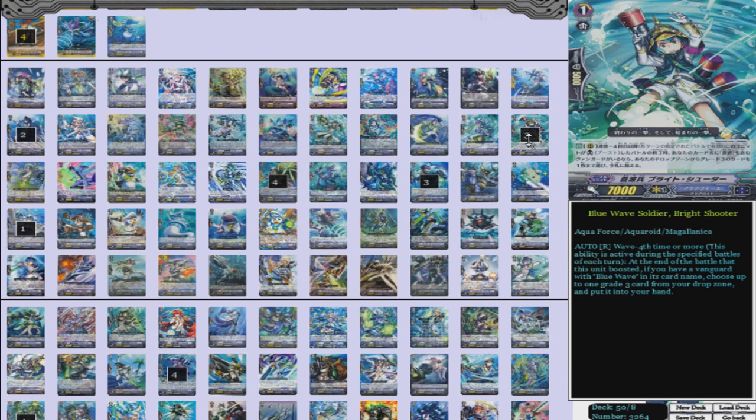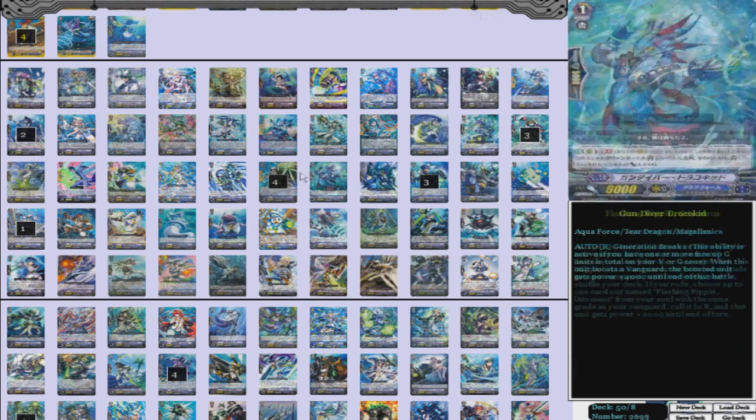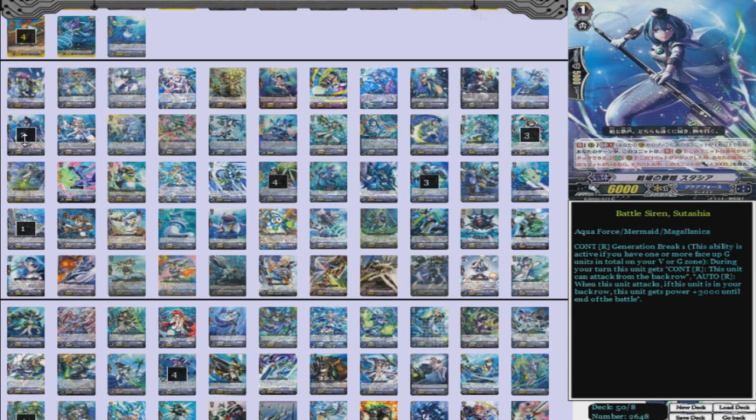And then we have 2 Battle Siren Stacia. So she's really nice. Okay, so you only need 2 of her. She's 6k. I've explained her before. Running more than that kind of hurts. She only works really behind the Blue Wave guy, the Blue Wave grade 2, because the Blue Wave grade 2 can give himself a plus 2k. So if she has to boost to do that effect with the grade 3 that I keep talking about repeatedly, which is quite big, it'll mean